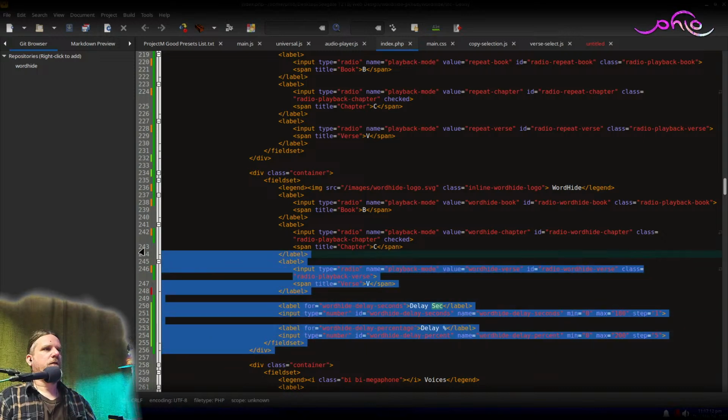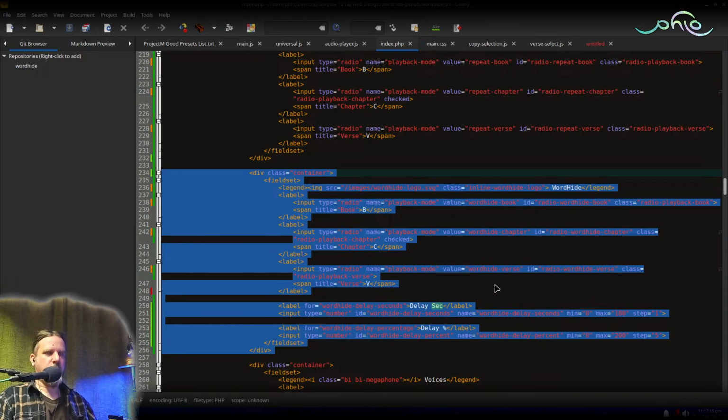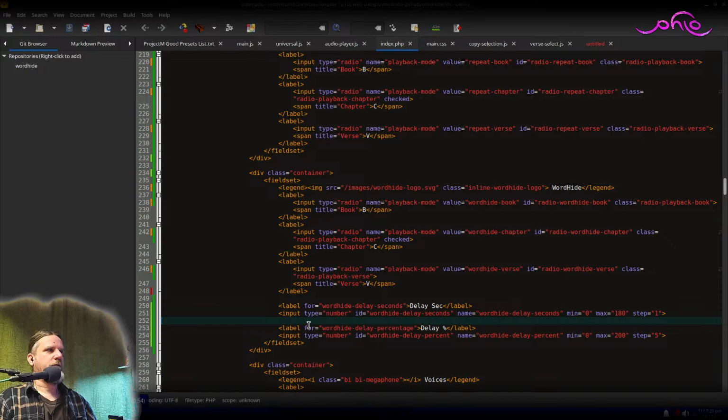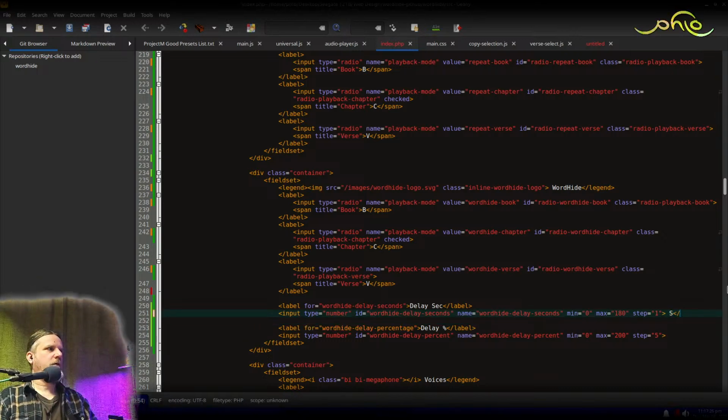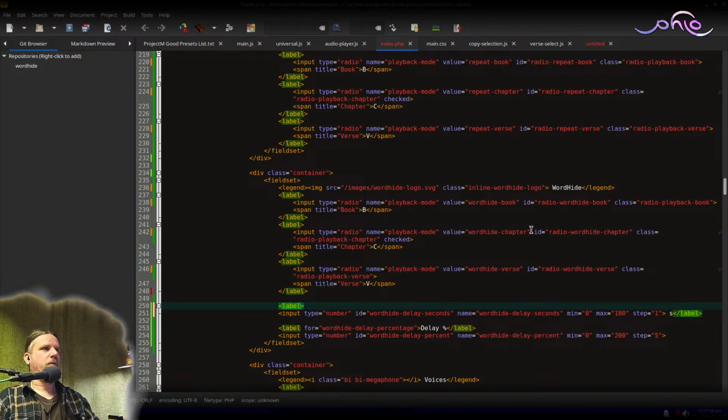Let me ask AI what it thinks. I might do a second field set just for the delay. Let me get it close to what I want first. So we would put seconds here and then do like this. And then I don't need the 4 anymore because it's already wrapping around it. And then get rid of this label.